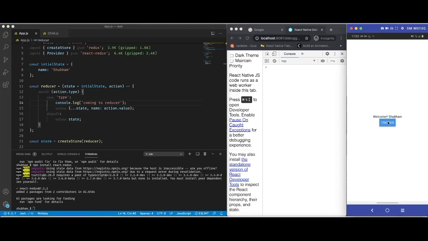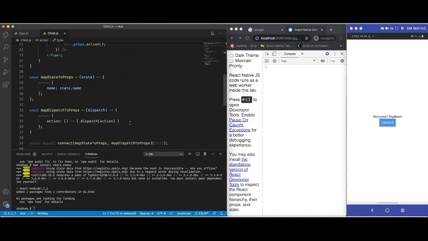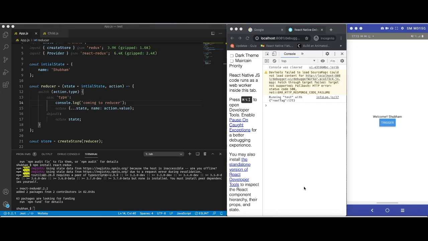We can see that we are not getting any logs. The problem here is that we have not called the actual action inside the dispatch function. So we will make this change and refresh it again. Let us trigger the button and we will see the logs in the browser console. If you're not seeing the logs in the browser console, check your server console in the terminal. And we can see that the text on the UI has changed and the log is also visible on the browser console. So that means our reducer is functioning, our button click is functioning, and we are able to update the state.